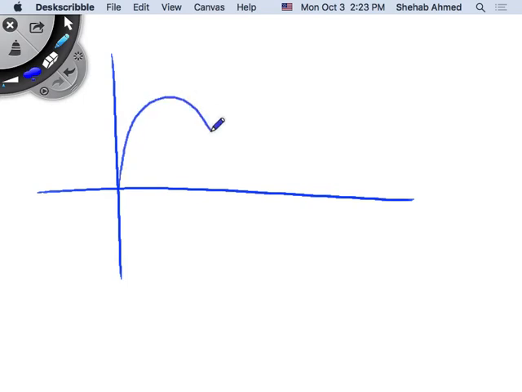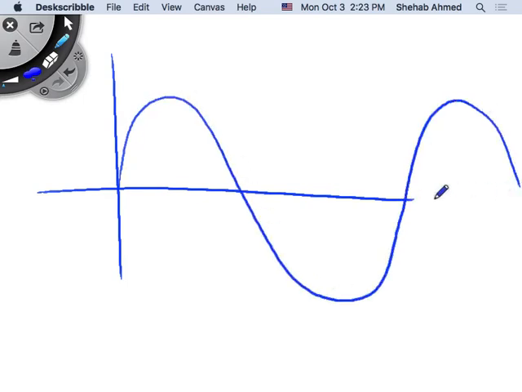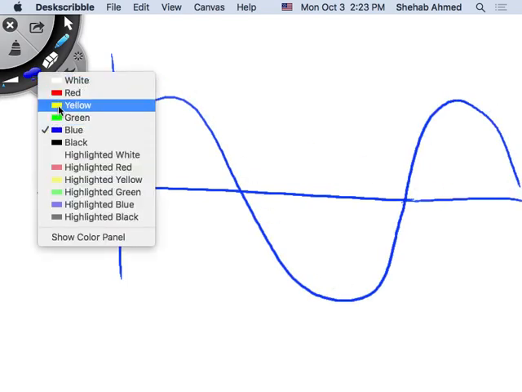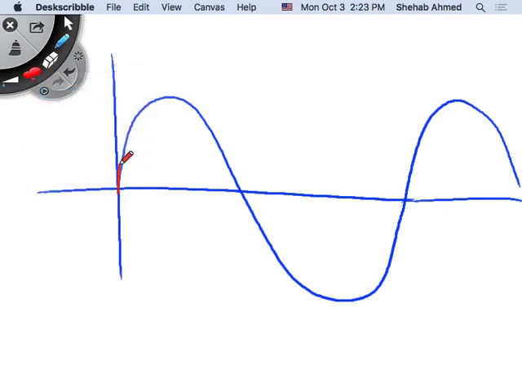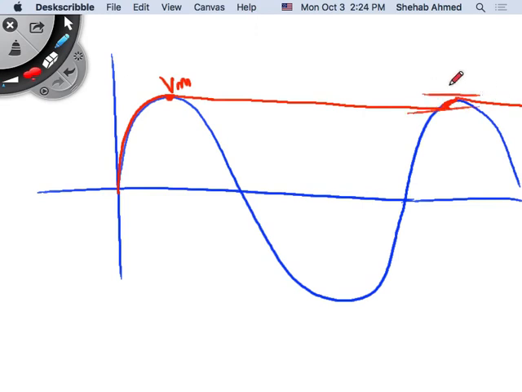This is your input. If the resistor current is not too high, then your capacitor will charge to a value of Vmax, and then fine, it will discharge. But the discharge will not be much, right? So let's say I will be here. Then I continue again. So this is now your ripple,